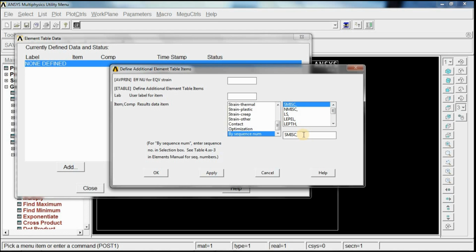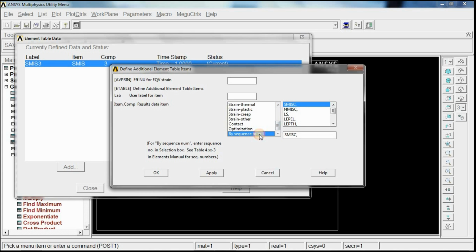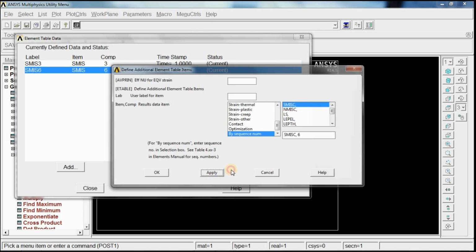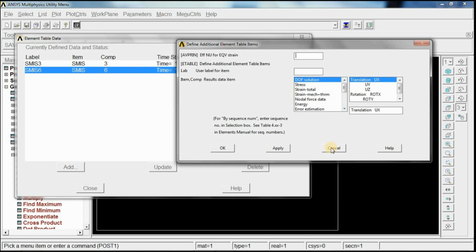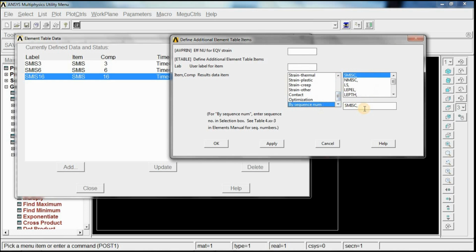So first give 3 and click apply. Again scroll this down and select by sequence number, give the next set, that is 6, click apply. You can see that if you click apply, it is getting added into this element table. Again scroll this down, by sequence number 16, click apply, and 19, click OK now.